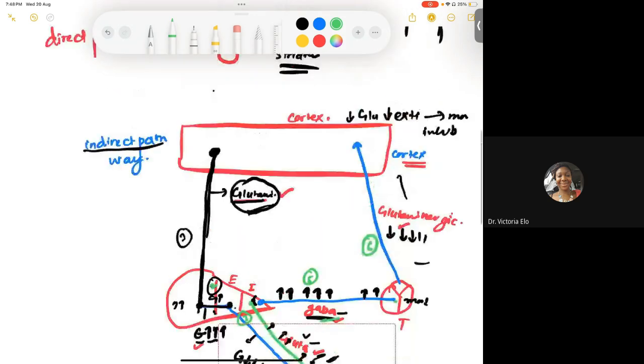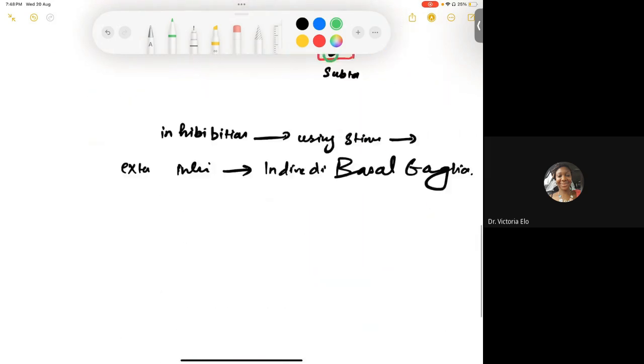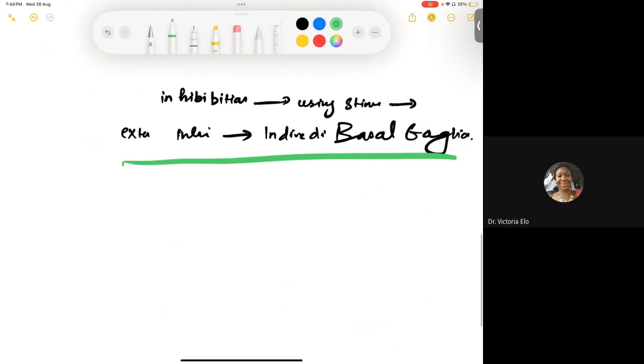In the end, we have inhibition of glutamate, less excitation in the cortex, or I would say more inhibition. Less excitation means more inhibition, right? That's going to be your indirect pathway. Okay, so let's discuss our really important